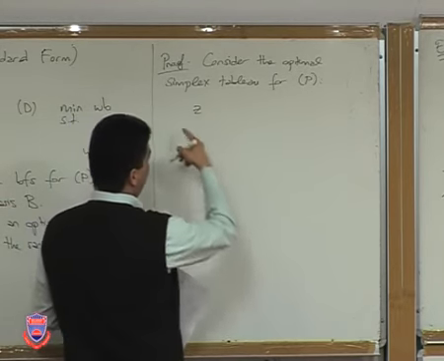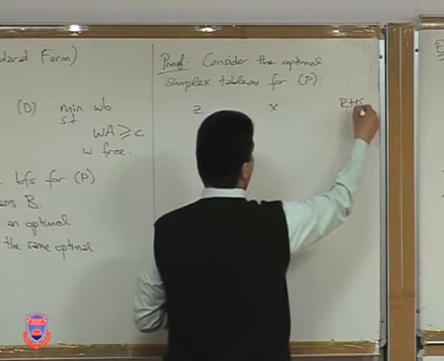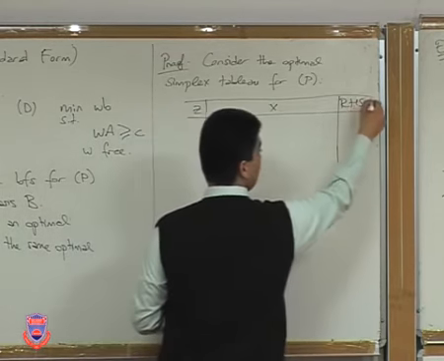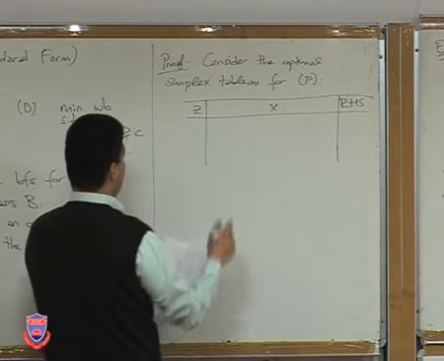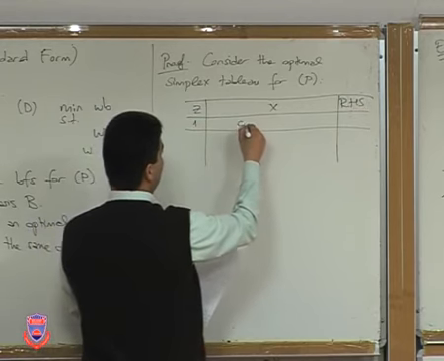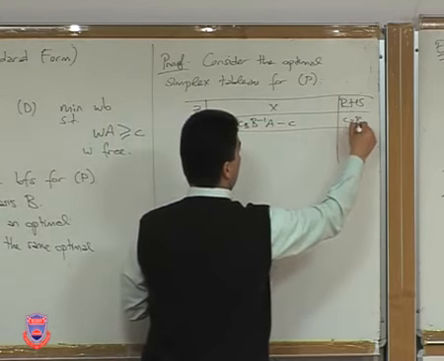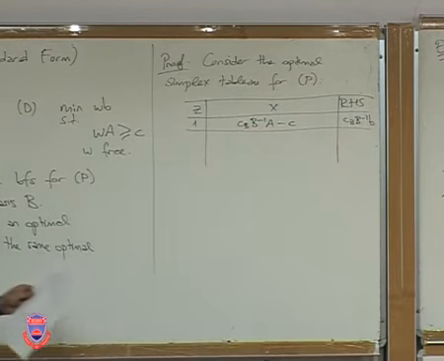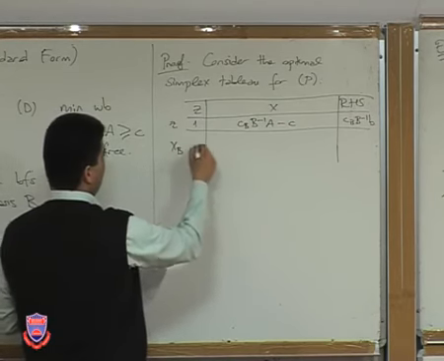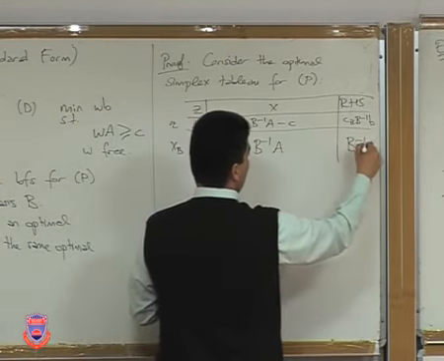So I have my objective function variable z, I have my original variables x, then I have my right-hand side value. Then row 0 actually looks like the following. I have 1 here. Here I have CB times B inverse A minus C. And here I have CB times B inverse times B. Again, since we did this before, I'm not going to go through details. You can just look at your notes again. So here we have Z. Here we have basic variables. Over here I have 0. Then here I have B inverse A. And here I have B inverse little b.